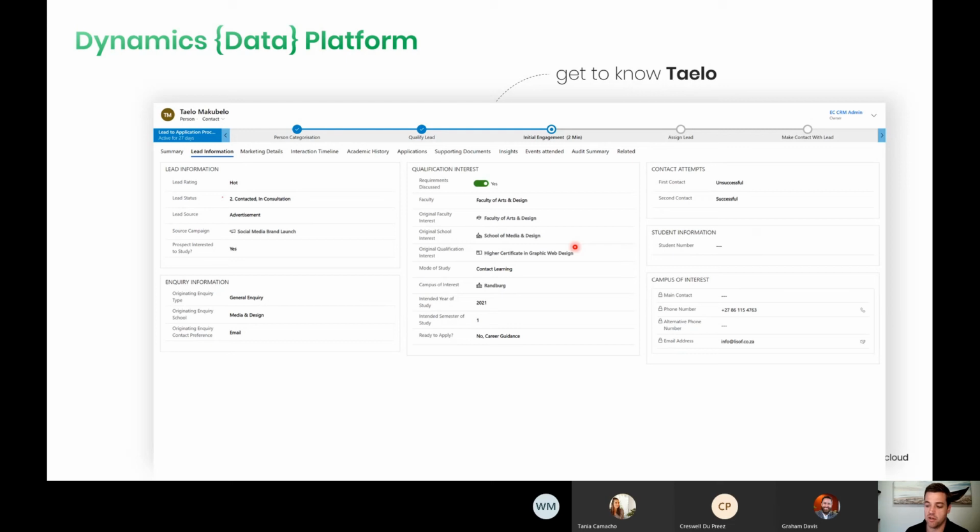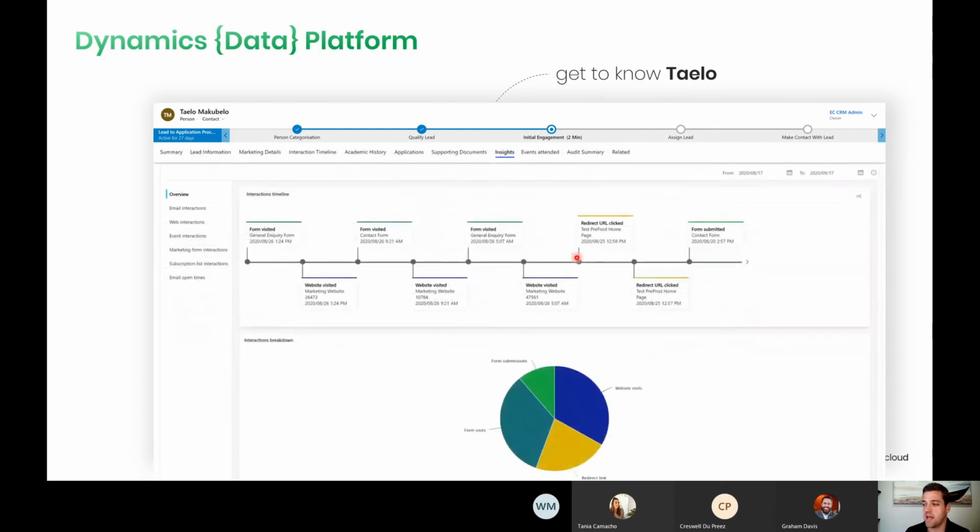If they come in looking for a higher certificate, we could potentially upsell them to an advanced certificate, a diploma, an undergrad, a postgrad. These students each are on their journey, and the more we understand about them, the more we can tailor offering, messaging, etc. to them to help them on their journey towards success.